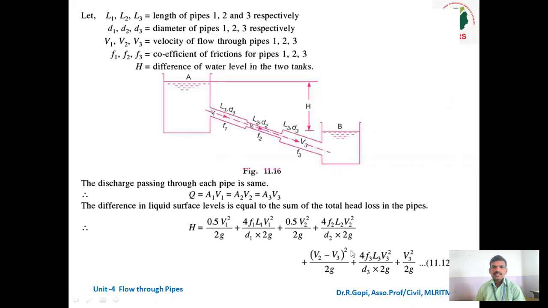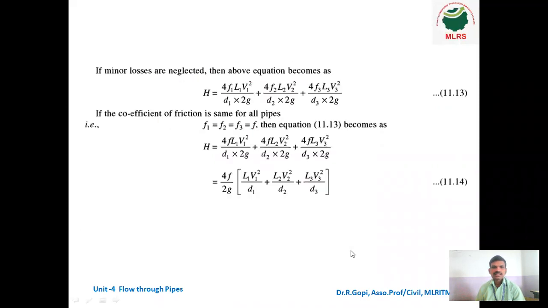So the above formula includes the minor losses. If we are neglecting the minor losses, we have to consider only major losses, so delete all the minor losses. If the coefficient of friction is the same in all pipes, that means F1 equal to F2 equal to F3 is equal to F, then the above equation is reduced to H is equal to 4F L1 V1 squared divided by 2G D1 plus